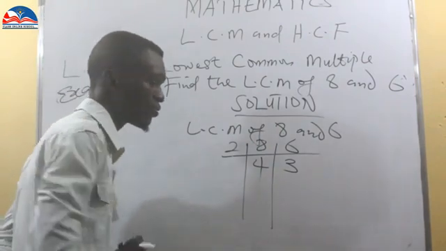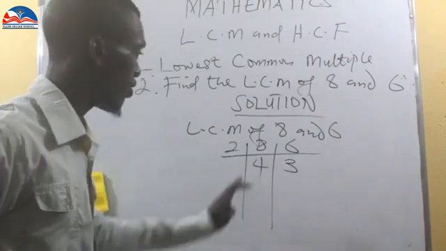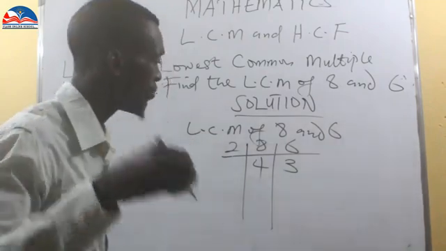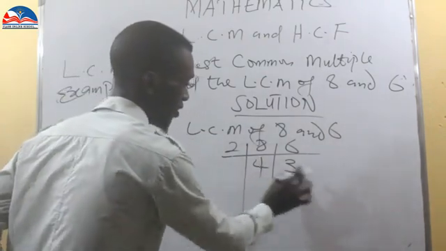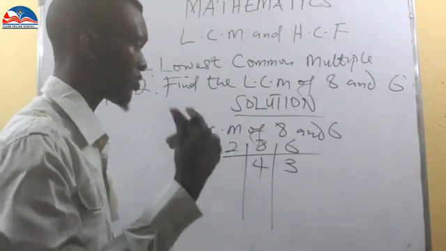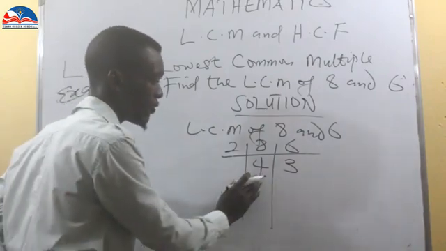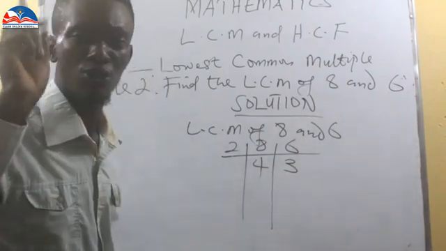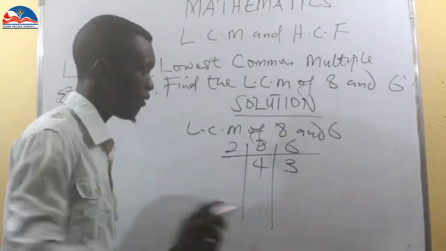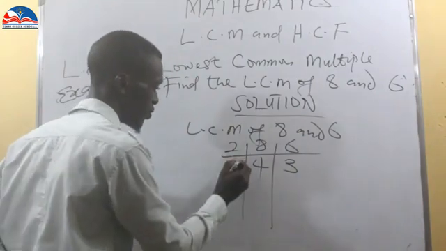Okay. Now, you look at these numbers again: 4 and 3. What is the number that we can divide 4 and 3 with? Now, you can't just start assuming a number. You have to look for the number. Now, 4 is an even number. It is divisible by 2. It shows that 2 can divide. So I must say 2.